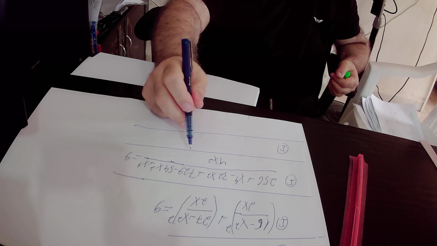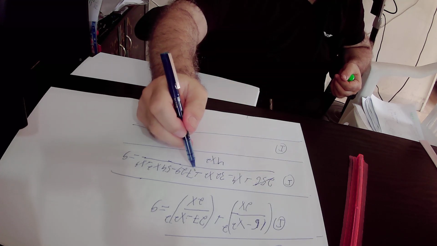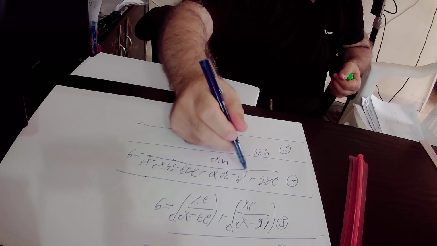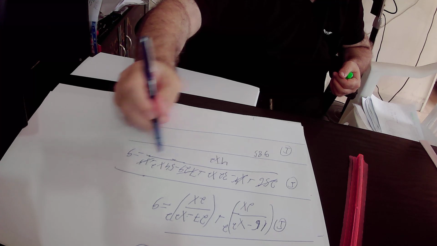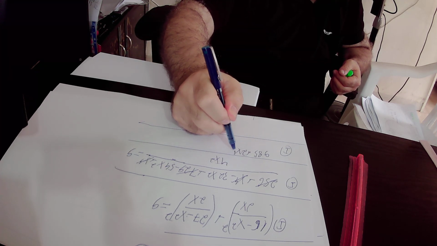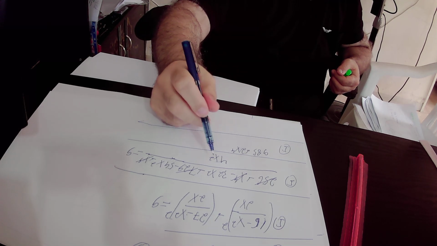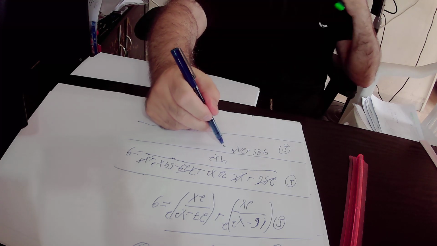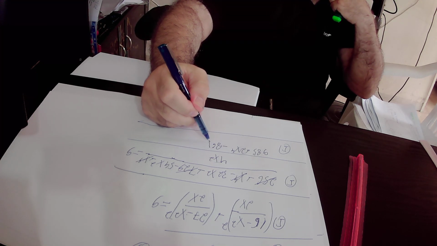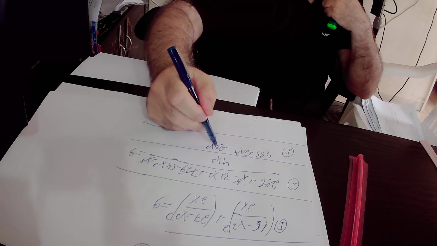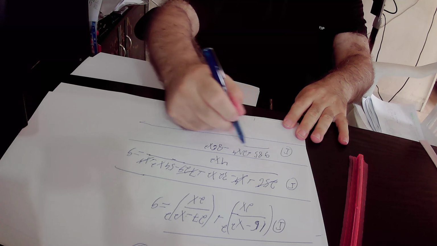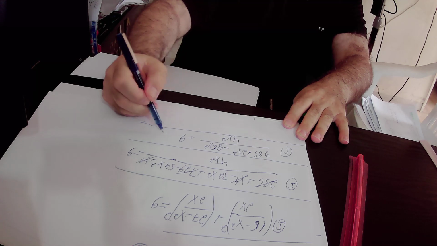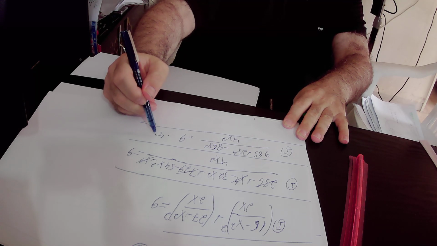$256 plus 729 is 985. X to the power of 4 plus x to the power of 4 is 2 times x to the power of 4. And finally, minus 32x squared minus 52x squared is minus 86x squared, divided by 4x squared is equal to 9. Here we multiply this equation number 1 by 4x squared,